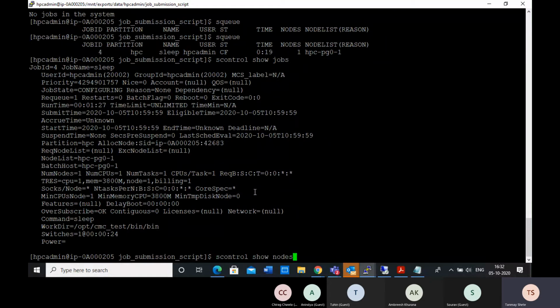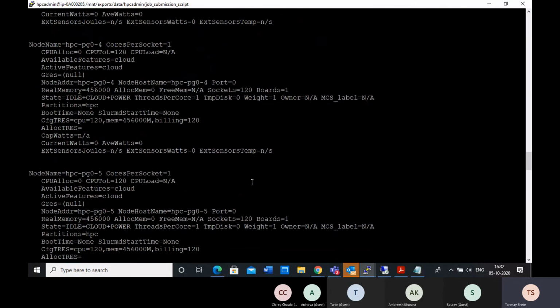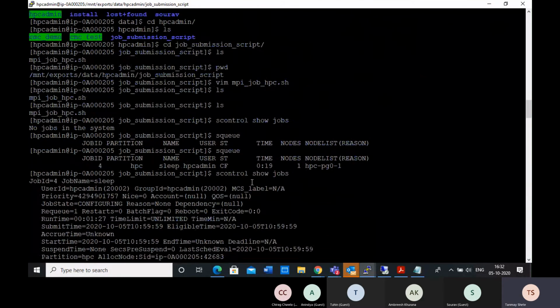Similar to jobs, you have to give nodes, and then you can also give the node name if you want, for example this name. If I give show nodes, it will show all the nodes configured here.